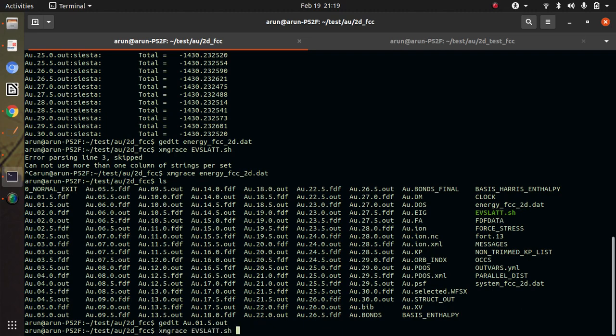So what I am doing, I am grepping the system type from every out file and writing the data in a new file, system_type_2D.dat. You can name it as per your convenience.